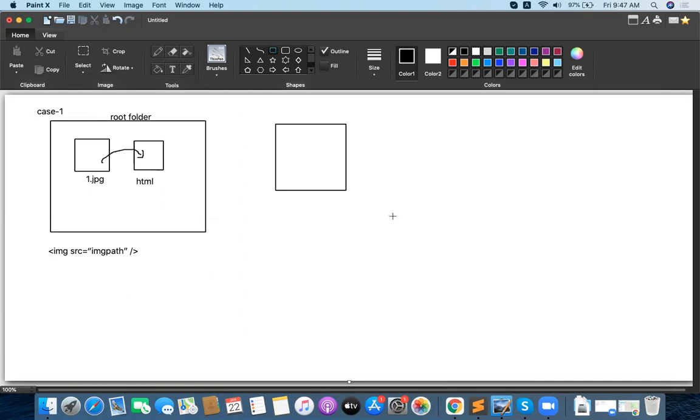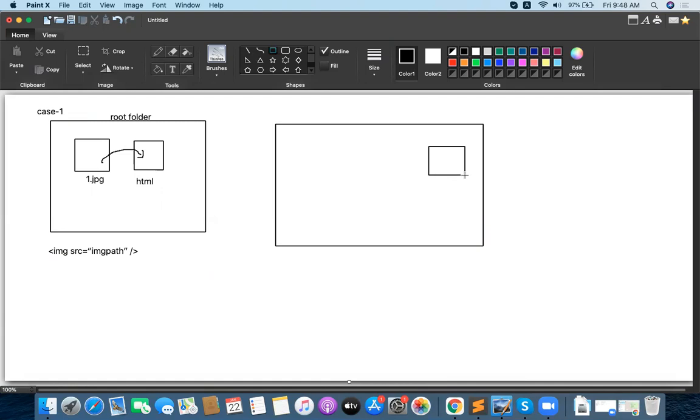In the second case, images are loading from a separate folder into the HTML. So I have some HTML here and I have some images folder here. This is called case 2. For case 2, I want to load these images into this HTML.